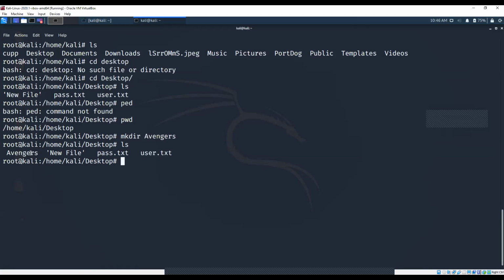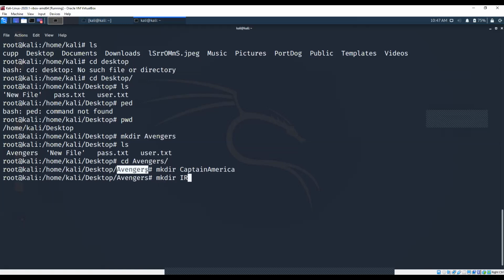Now I need to navigate into Avengers again. So I'll go with cd and Avengers. You are able to see cd Avengers will give me Avengers over here. So I'm right now in Avengers. What I'll do is that I'll create two different directories, mkdir Captain America and mkdir Iron Man.